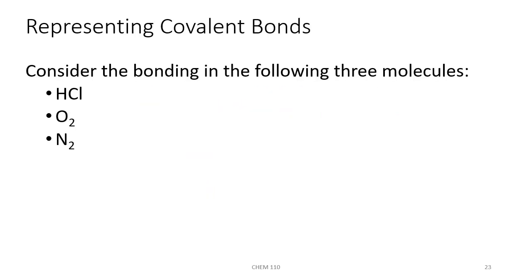Let's consider the bonding in the following 3 molecules, HCl, O2, and N2. If we were to draw the Lewis structures for each of these compounds, we would see HCl looks like this. O2, or oxygen, would have a double bond between each oxygen atom and look like this. And nitrogen, N2, would have a triple bond between each nitrogen atom with a lone pair on the outside and look like this. We can describe the bonding in each of these by considering the difference between a single bond,